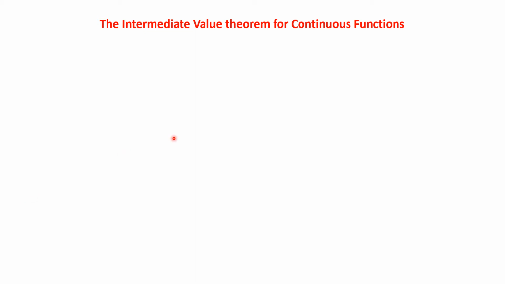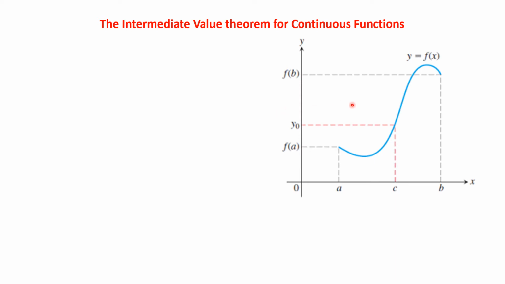To start with, we're going to take a look at this x, y axis and the function that's involved. The function is called y equal to f of x, and this is exactly what the function is. Now we pick 2 points A and B, which are endpoints for the graph. We will take the interval from A to B as a closed interval, and obviously the function is continuous in